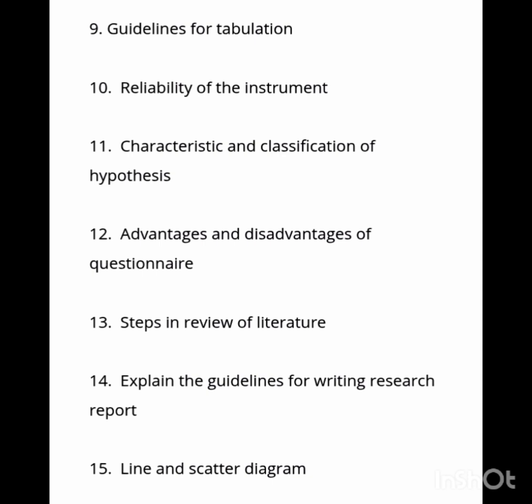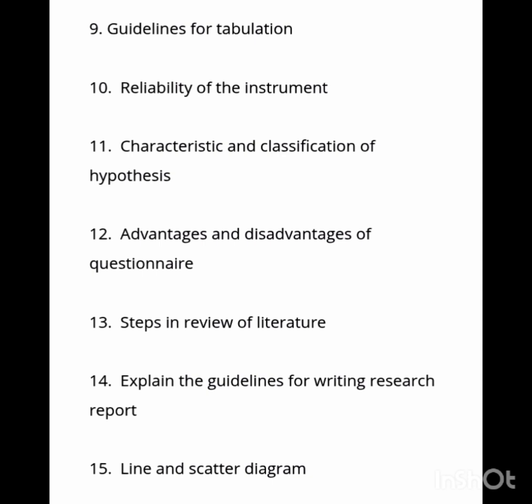And next, classification of hypothesis includes simple hypothesis, complex hypothesis, directional hypothesis, non-directional hypothesis, null hypothesis and alternative hypothesis. So these are 6 classifications of hypothesis: